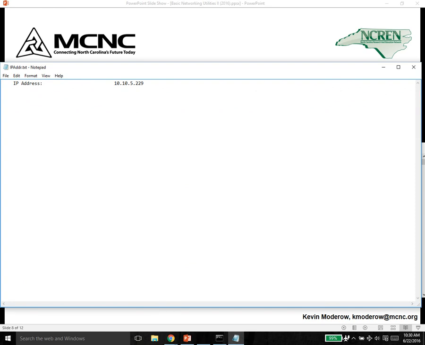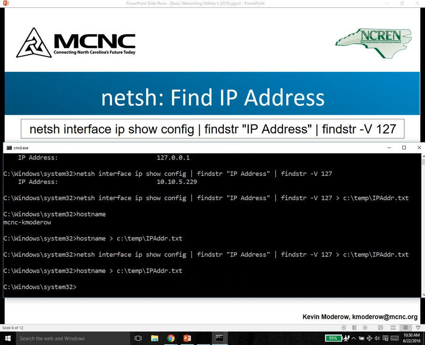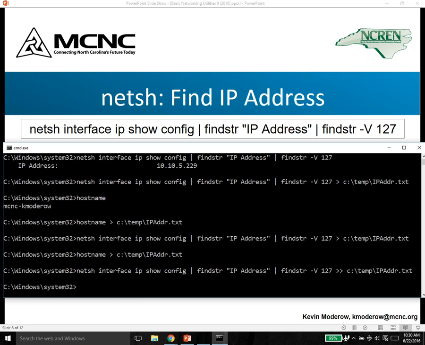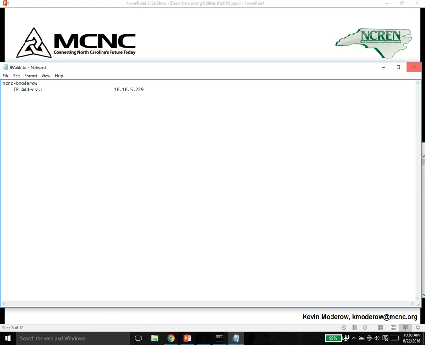So we could have started by saying hostname, which just prints out the host name. This batch file could have piped that to my little log file here called IP address. It could have followed with the IP address output that we got a second ago. And now my log file will say exactly what I'm looking for, which is I want to know the name of the machine, and I want to be able to